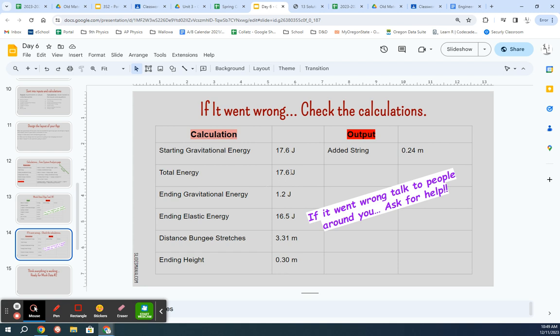Same thing with all the rest of these. Again, if you're getting something other than these values, that's where your mistake is. Go ahead and fix that. And then hopefully your added string output is done correctly. If you think that everything is working, right? If you think that everything is great,